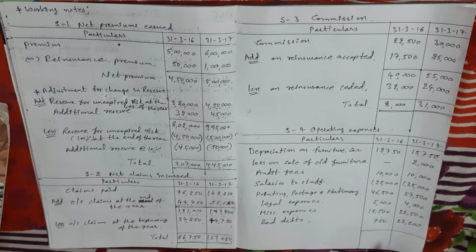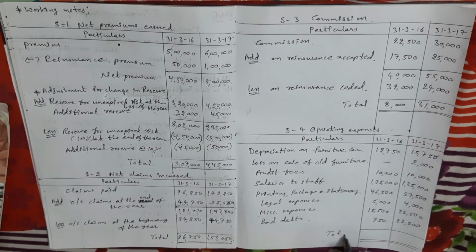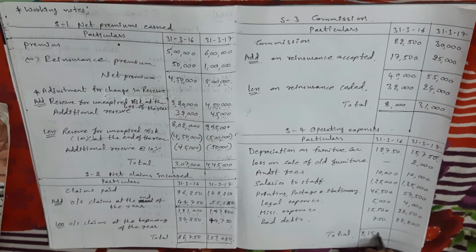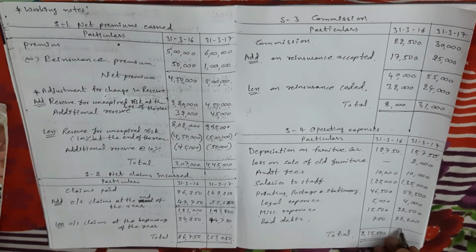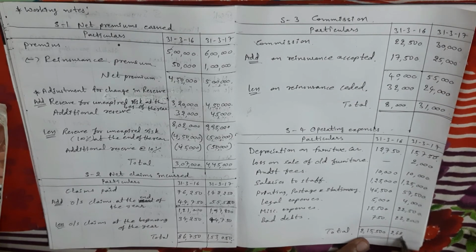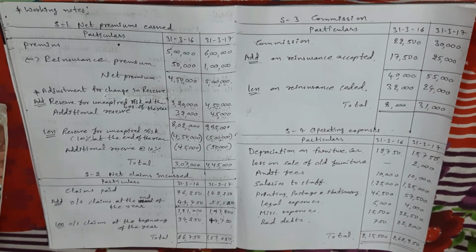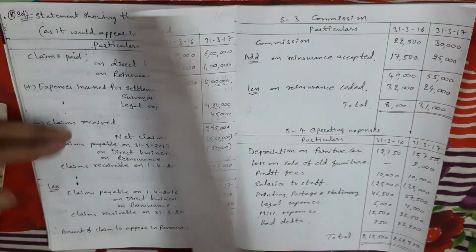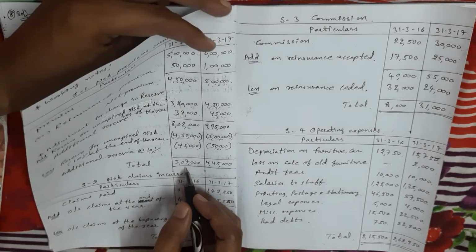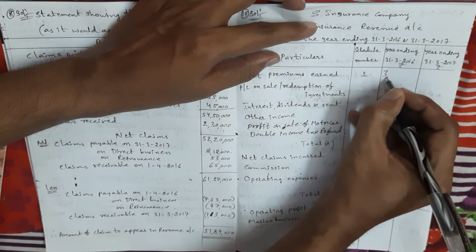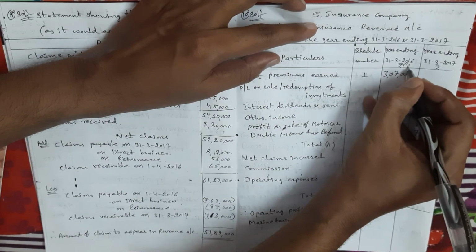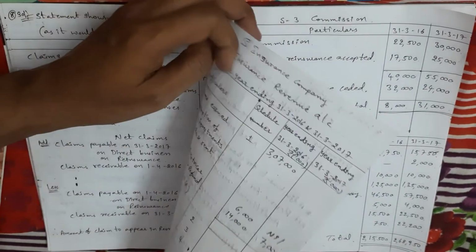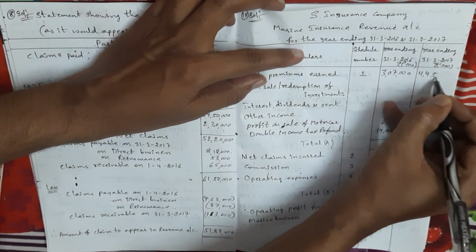The last schedule, schedule number 4. Last year total amount is 2,15,500 and present year total is 268,950. Okay. Now post these amounts in the revenue account. First, schedule number 1. Last year 3,07,000 in last year column in thousands, and present year 4,45,000. We take separately.